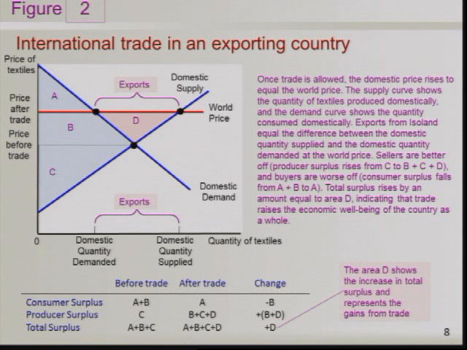B, C, and D. It's the area above supply and below price. So now producer surplus has grown from this to this. From just the C section to B, C, and D. Okay, this pink D part, we didn't even have before, right? Before we traded. Now we trade, and when we say that there are gains to trade, if the gains are